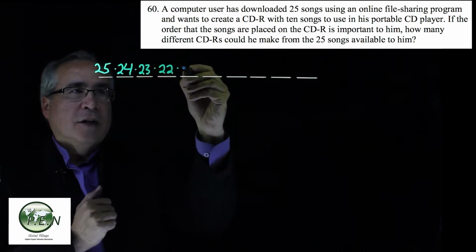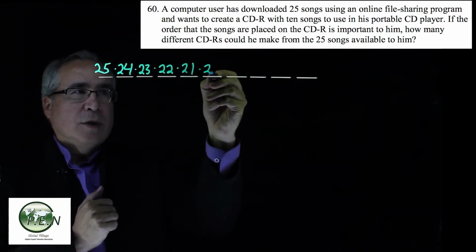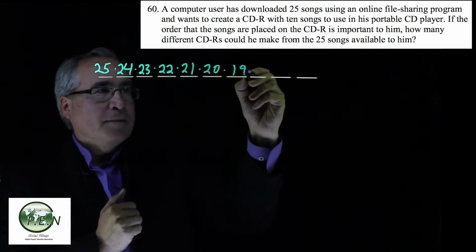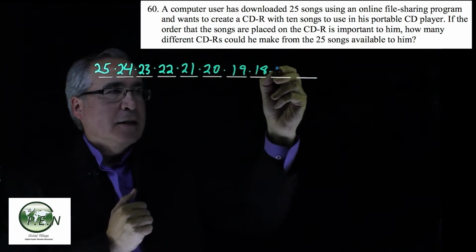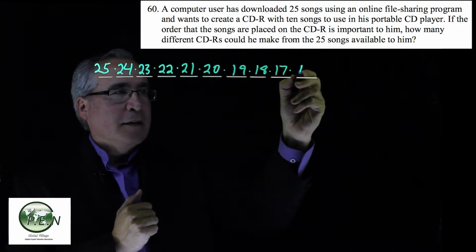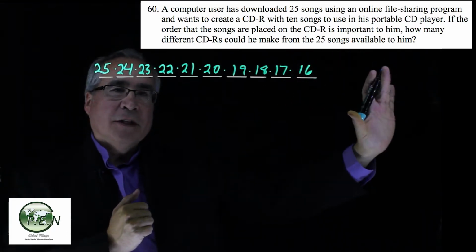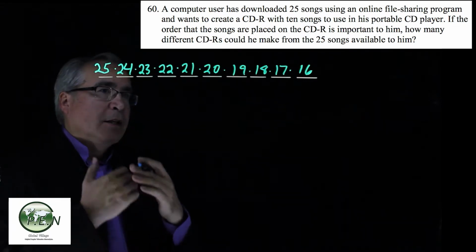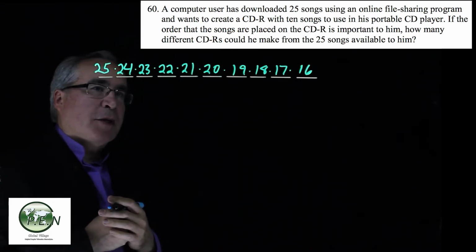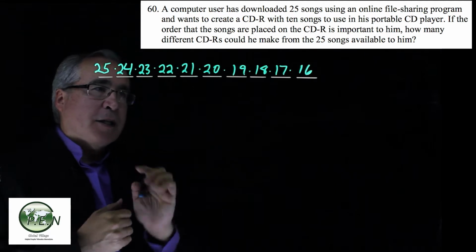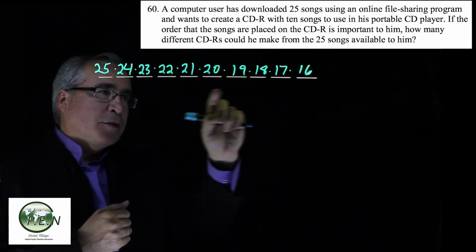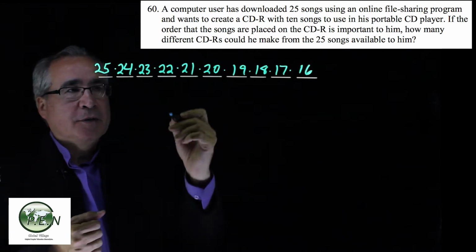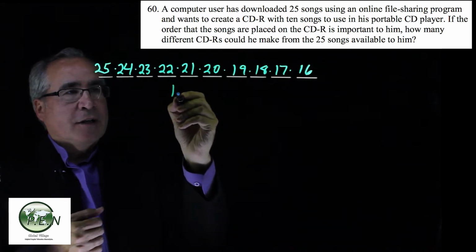This next one has 21, 20, 19 songs left to choose from, 18, 17, and 16. Then there are 15 songs that were not used on the CD. So this is not the probability, but the number that could be counted. When we multiply this all together, if your calculator's like mine, it sort of overflows. So it gives you the answer as